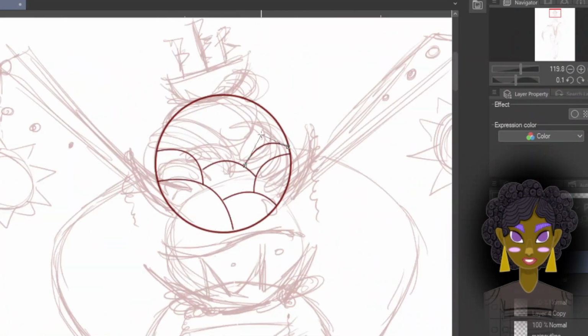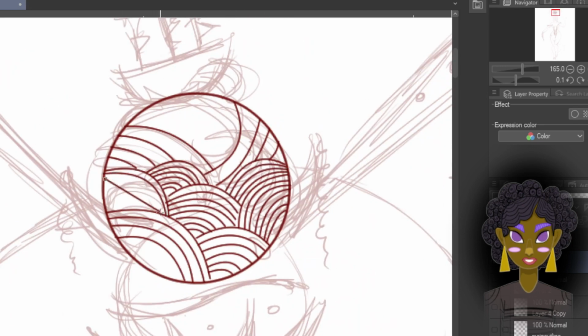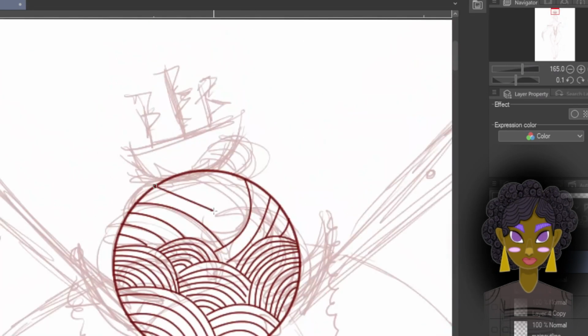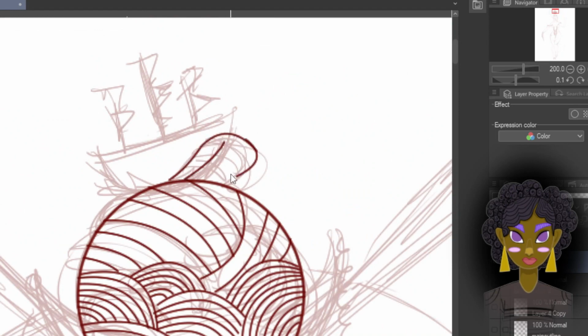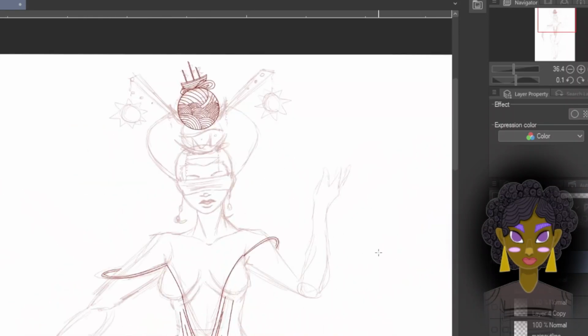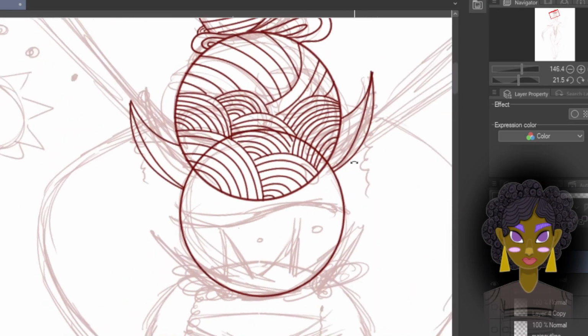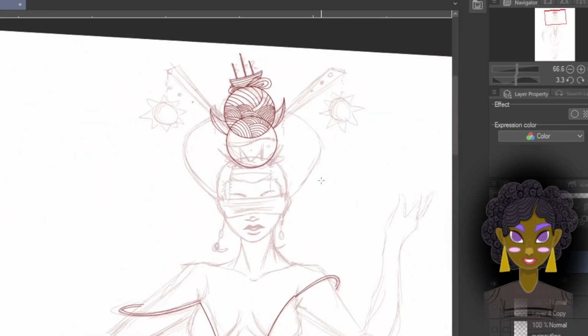As I was working on this painting too, I started to struggle to stay motivated to finish it. And it's partly because I knew I was making this with the intention of posting it online. And while that's typically a good thing and kind of the reason behind why I record the videos and stuff, I've noticed over the past 2 years that when I'm making art in general, it kind of has been